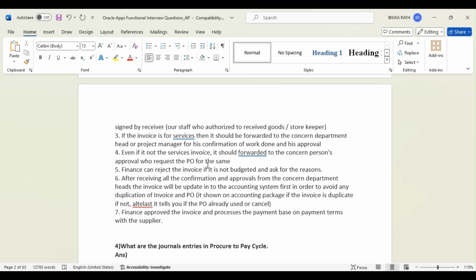So if no budget has been allocated, then finance has every right to reject that particular purchase order. Next, if the budget is there and it fulfills all other terms and conditions, the process, the invoices from the supplier based upon the purchase order, the goods receipt note, everything is done. After receiving all the confirmation and approval from the concerned department head,